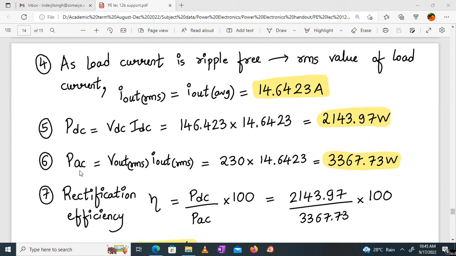Next we calculate PAC, whose formula is V out RMS into I out RMS. V out RMS is 230 and I out RMS is 14.6423, so that product comes out to be